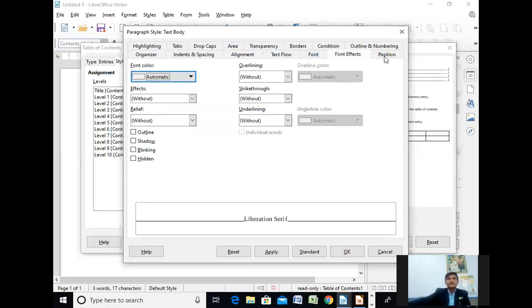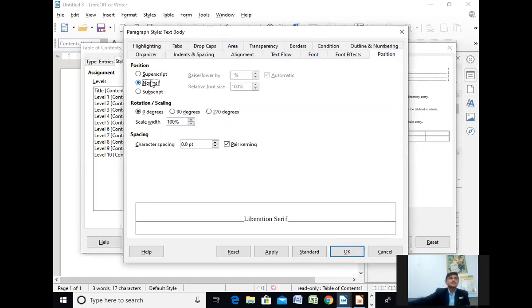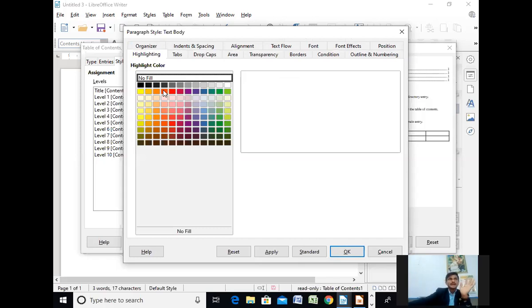Font effects: where is your text, superscript, normal, subscript. Already I told you what is meant by superscript and what is meant by subscript. It is a simple thing, you will get this option here. Then this is the paragraph style. If you want to change the paragraph of your text, you can say highlight also.